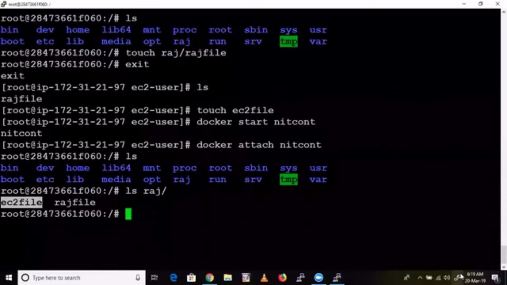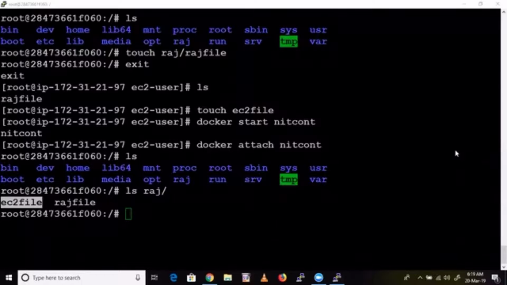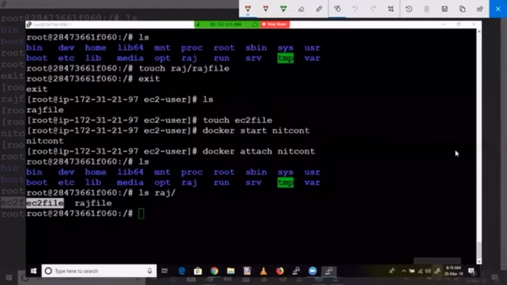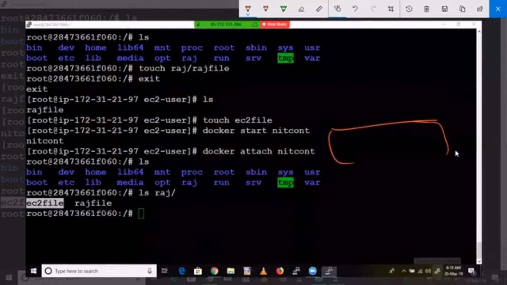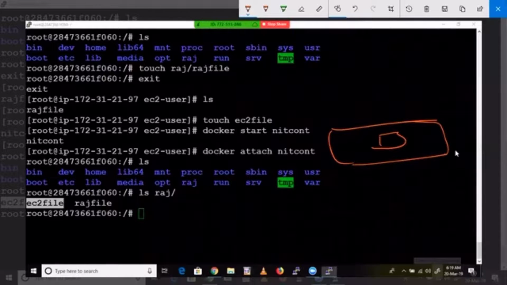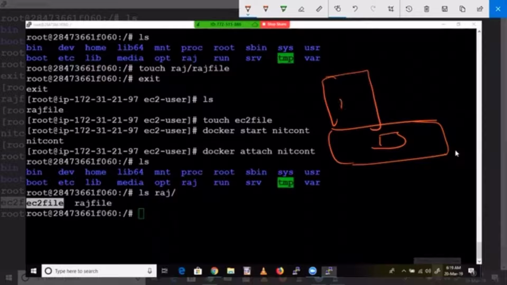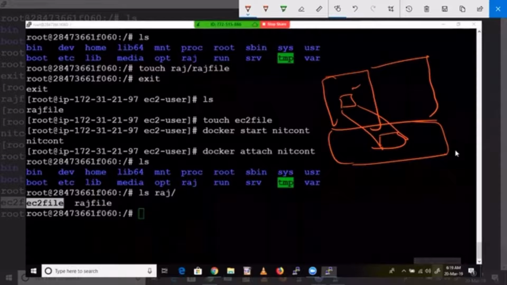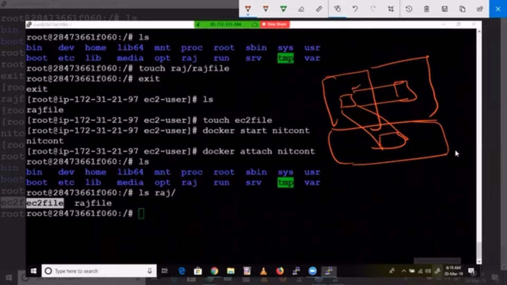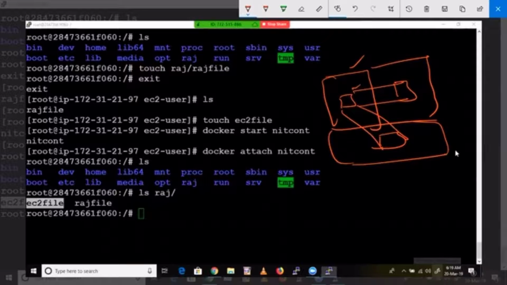Now see here, I'll draw here. That means what you have done, your base machine, you have taken one folder from here, you have mapped to this one. And since the volume is already in this container, you can create one more container. While creating the new container, you can map these two as well. That we already saw in yesterday's class.